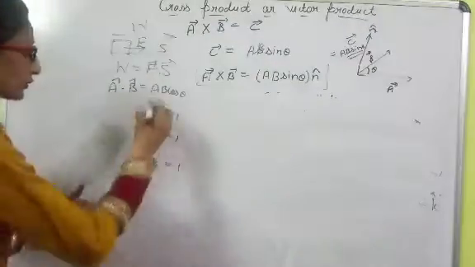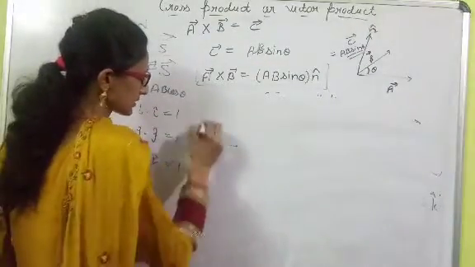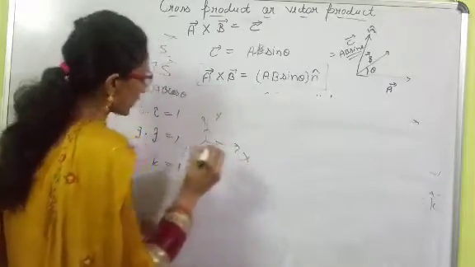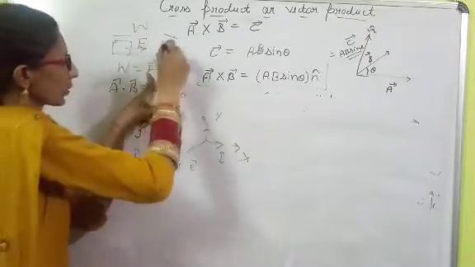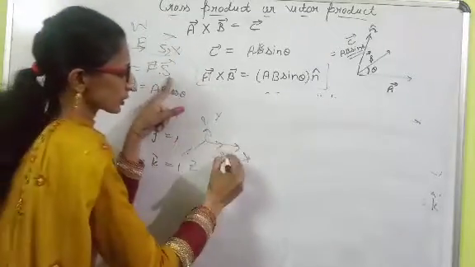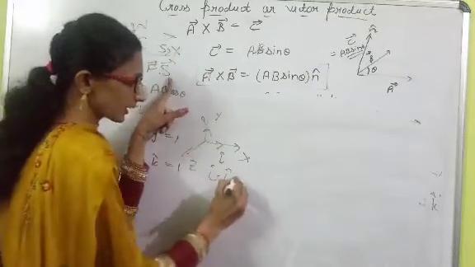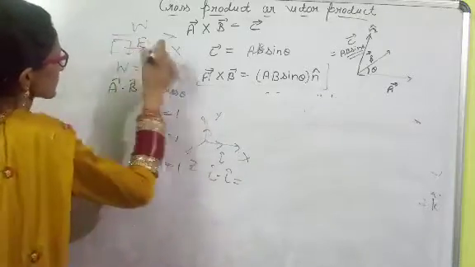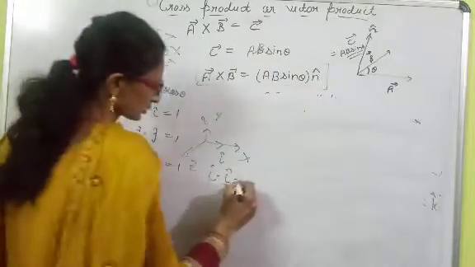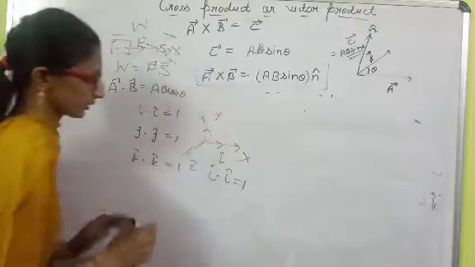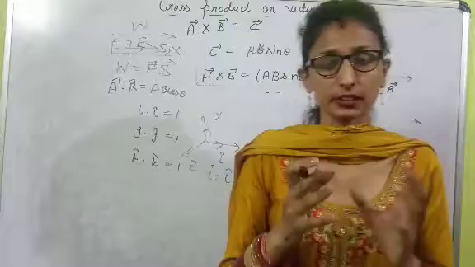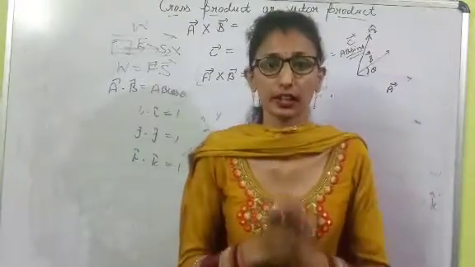Clear? Therefore, if we have coordinates X, Y, Z, our force is along the x-axis and S is also along the x-axis, meaning I dot I. Clear? That is equal to the third quantity, work, which is also in the same direction. Therefore, I dot I has value 1, meaning the same direction. But in the case of the cross product, the third vector is perpendicular to A and B.